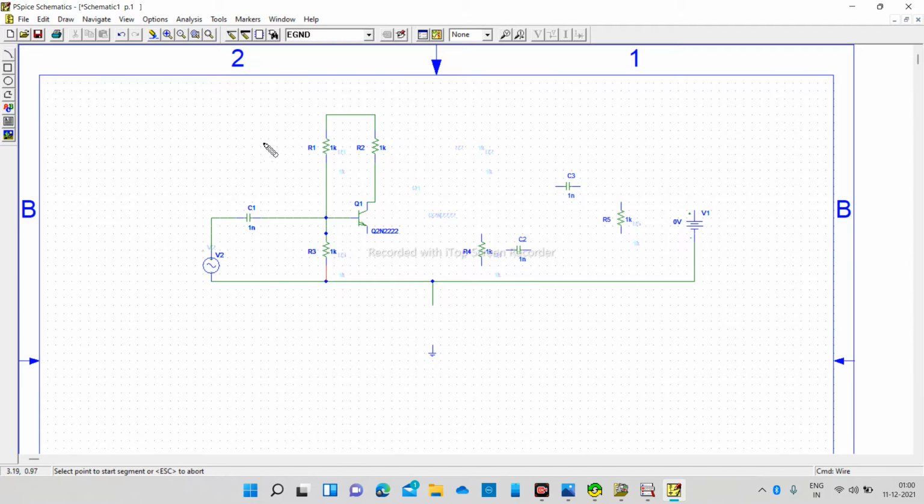Well, there are many other free software, of course, but personally I think PSpice is very good and easy to download. To rotate it, simply press the space bar. You can see that it is somewhat blue, which means you are in the rough stuff. It is just like your drawing board.